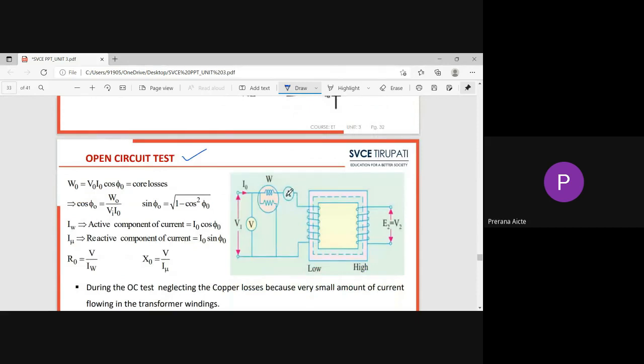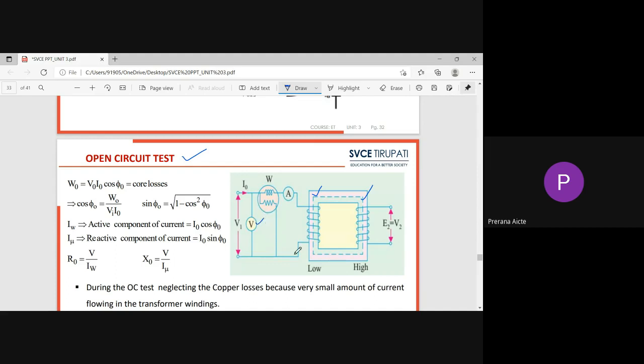For a transformer there is the open circuit test and the short circuit test. What is the main use of the open circuit test? To find out the core loss of the transformer, we conduct the open circuit test. Generally this open circuit test is conducted on the low voltage side rather than the high voltage side. Why? Because here we are going to measure the core losses. When we apply the rated voltage V1 on the low voltage side, a low range voltmeter is